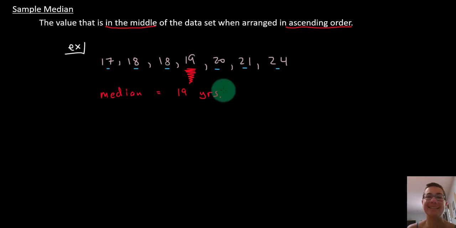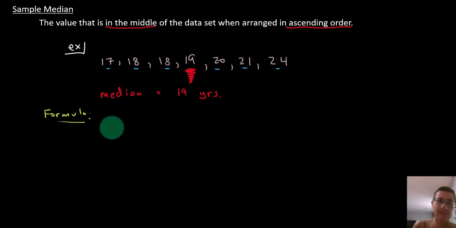Because this is a small data set, that's not too difficult to accomplish. But if there were hundreds of values, well, we'd want to get the help from a computer or calculator, but we could also still get the job done with lots of values, and I'm going to show you how to do that with a formula. Let's look at a formula to get the median,